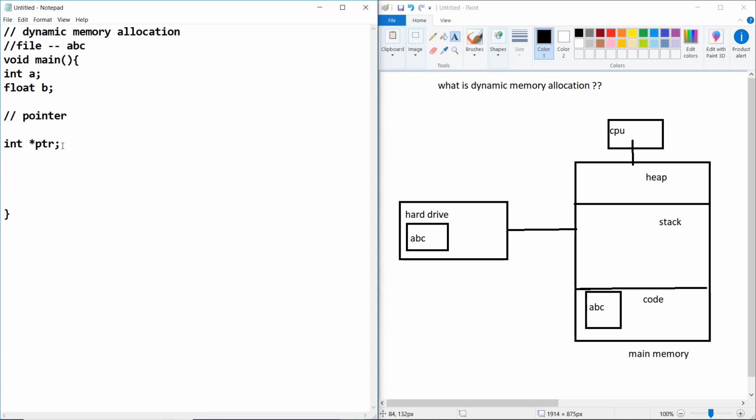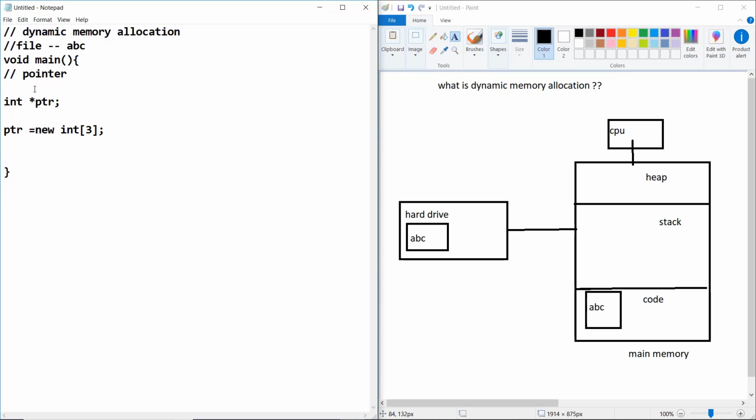Let me give you a glimpse of this int pointer: ptr is equal to new int of size 3.